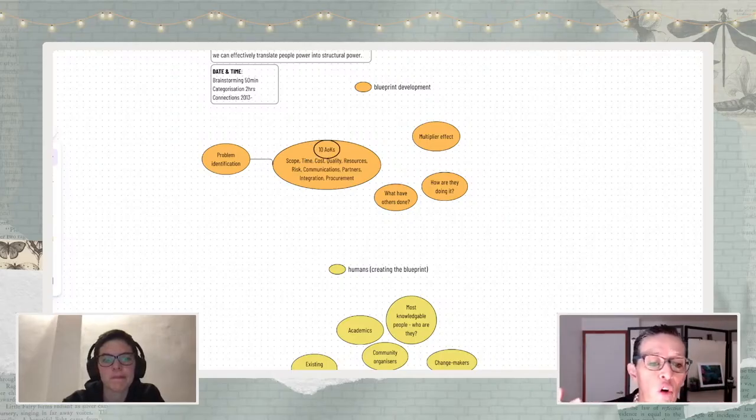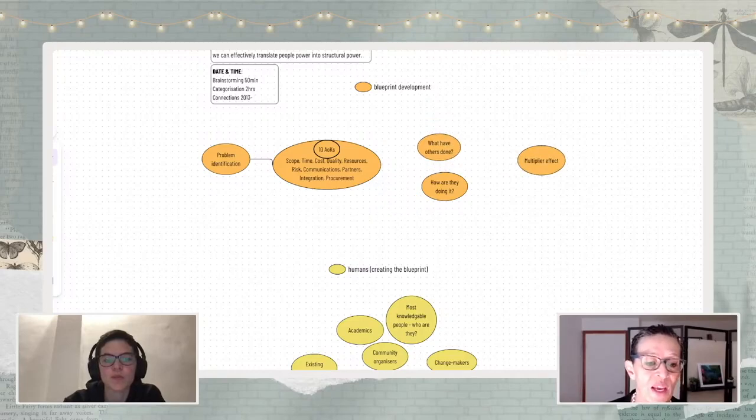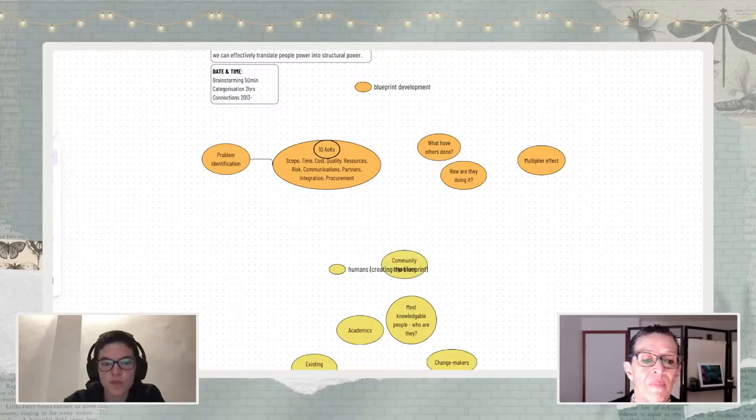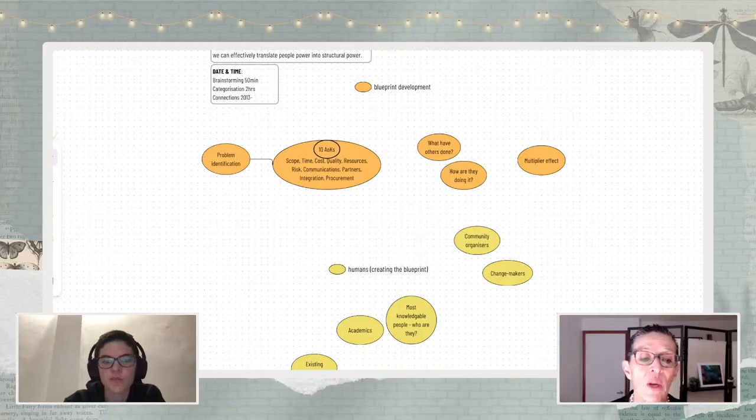So for what have others done, we can link that to community organizers, we can link that to existing networks. Who is already doing that? From the 10 areas of knowledge, and again, this is a big bubble, but we will link that to